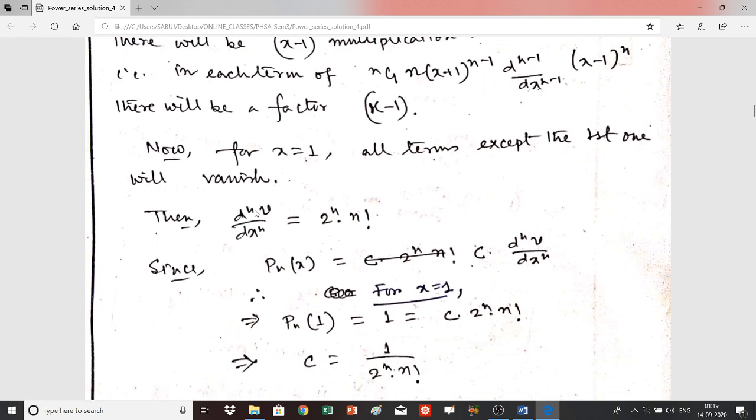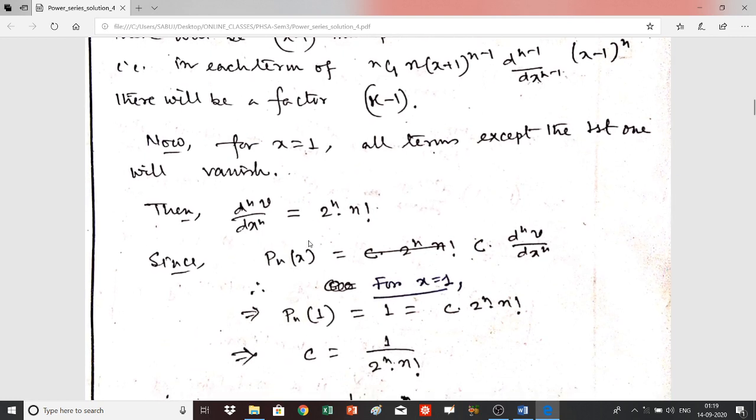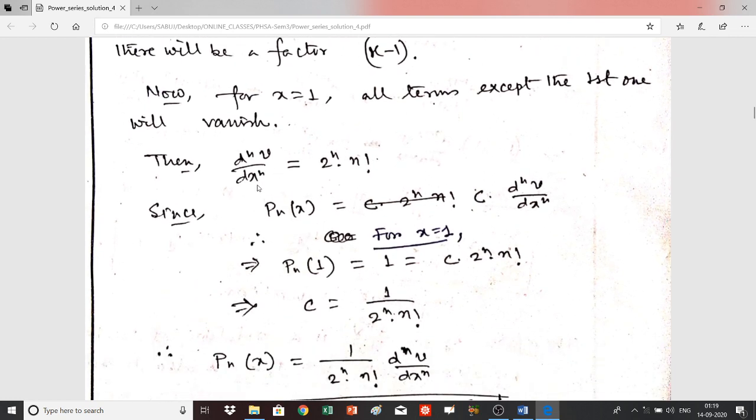So d^n v by dx^n is equal to 2 to the power n into n factorial, and you know that v you have written as y, and also you know that P_n(x), the Legendre polynomial, is equal to c, a constant, into d^n v by dx^n. So c into d^n v by dx^n, or in case of x equal to 1, you can write P_n(1),